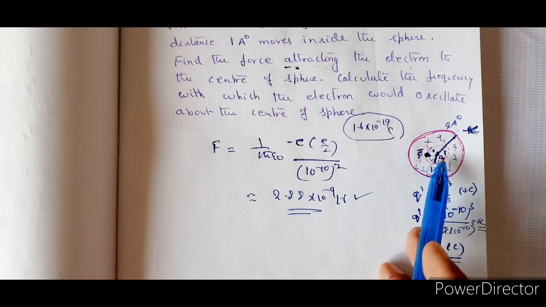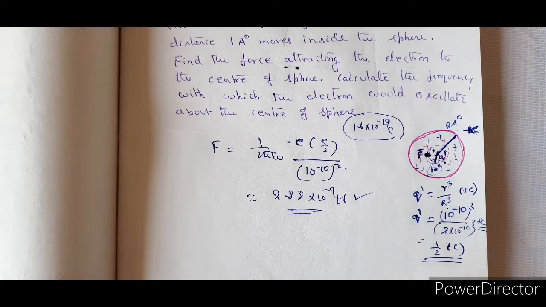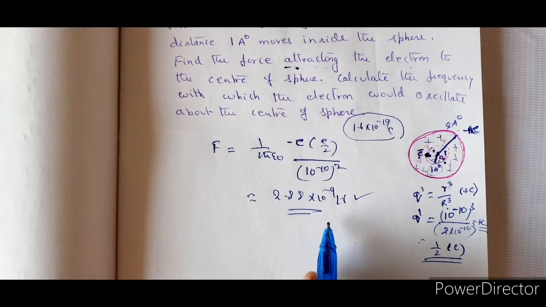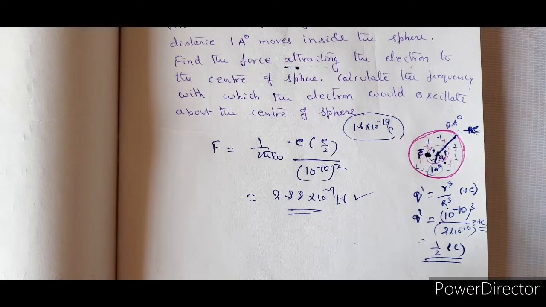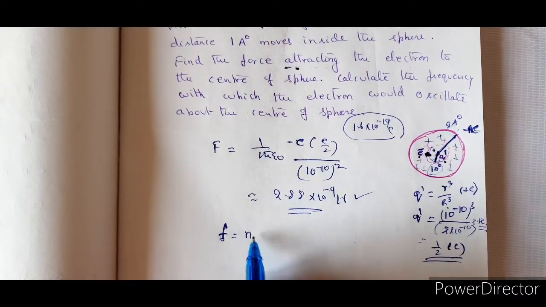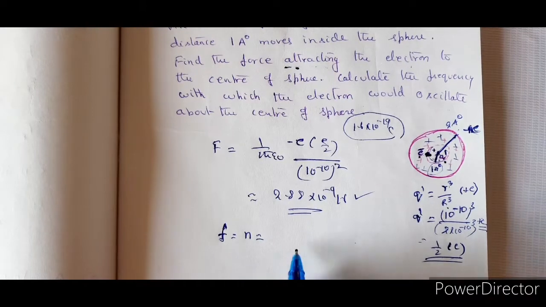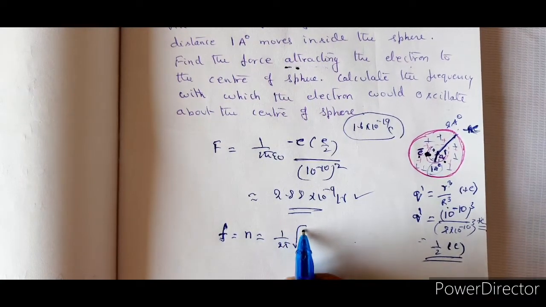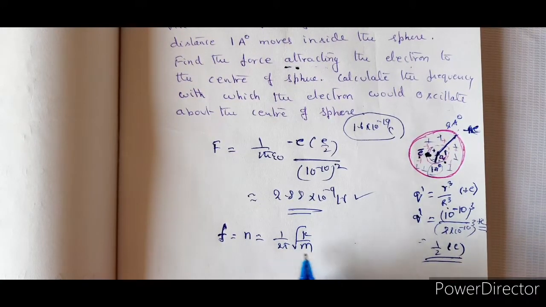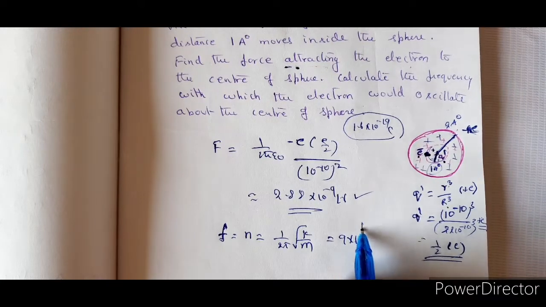That means this is going to oscillate about the center of the sphere. How? Because of the restoring force and the force of attraction. So if this is the case, what we are going to take here is the radius, that means the distance is very, very less. So hence it will have a simple harmonic frequency. Hence the frequency f is equal to, or some children will be writing it as n is equal to, what do you have? 1 by 2 pi into root k by m. So substituting all the values, you get this as 9 into 10 to the power of 14